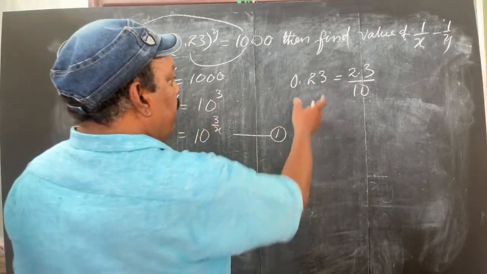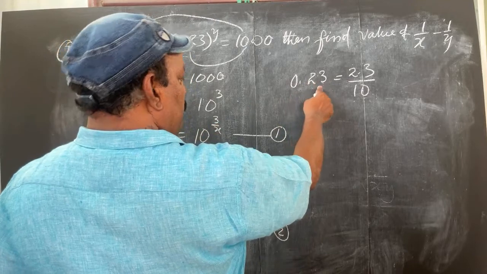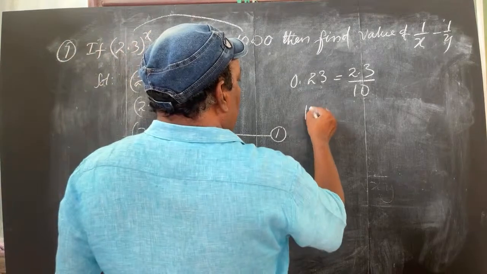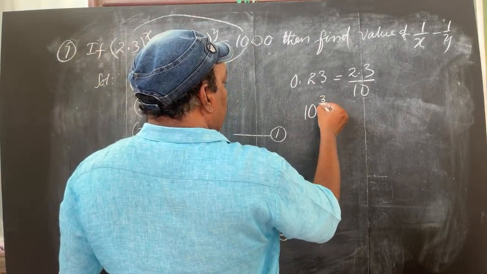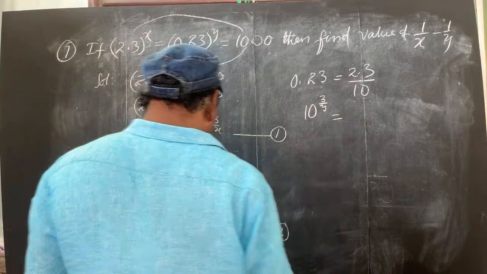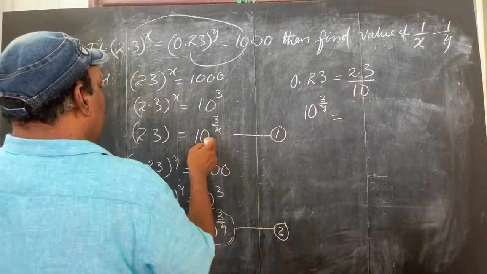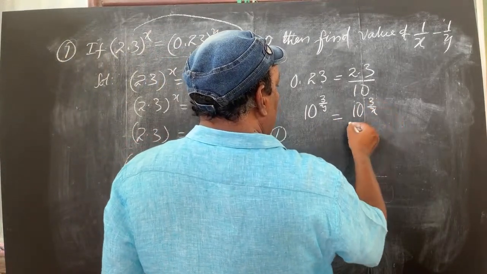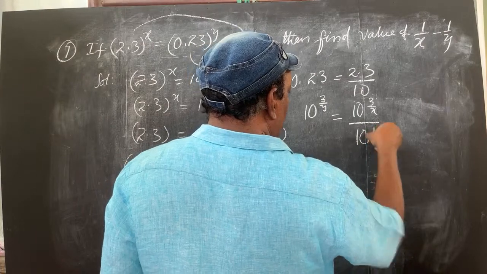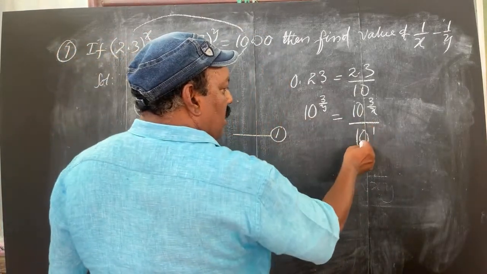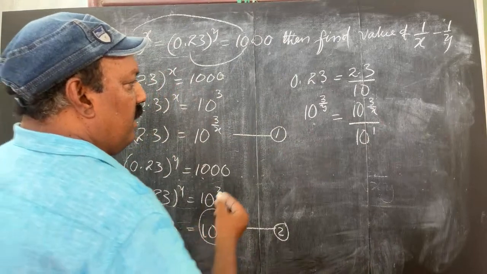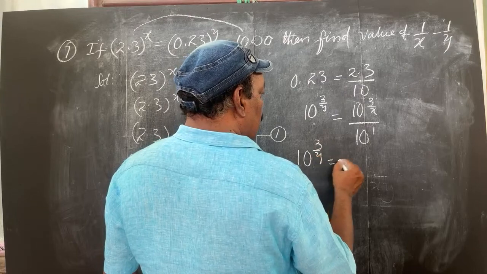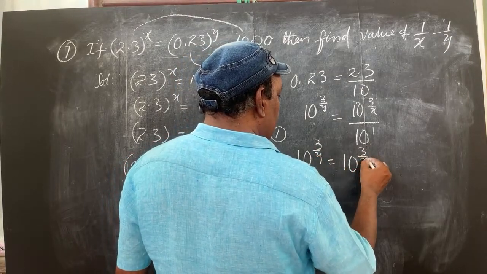So I am combining. In the place of 0.23, I am keeping the value of 0.23, that is equation 2. That is 10 to the power of 3 by y is equal to, in the place of 2.3, I am taking the value of equation 1, 10 to the power of 3 by x. And the 10 below is there, that is 10 to the power of 1. Now, I want to make all the bases equal. What is happening here? 10 to the power of 3 by y is equal to 10 to the power of 3 by x,